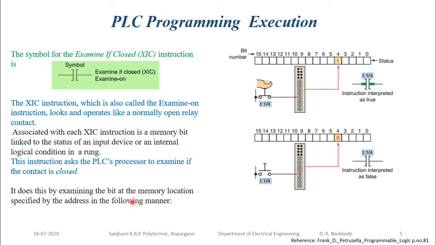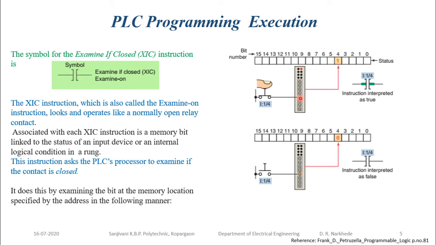Just we can say that now this is my input image table. This is my input module. To this input module I have connected an input device. Here the device which I have used is the switch. Now when this switch is pressed, the value of this particular input changes. This is I0, I1, I2, I3 and I4. So this is input number 4, to which I have connected the input device as a switch.